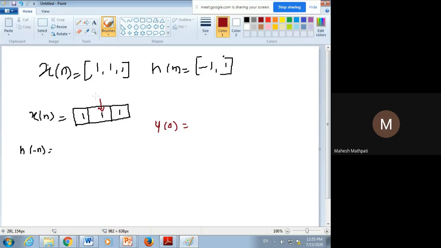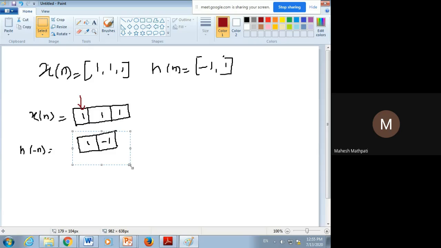Now the 0 for this is here, and this point I'm going to write like this. So where I will write for this is again,